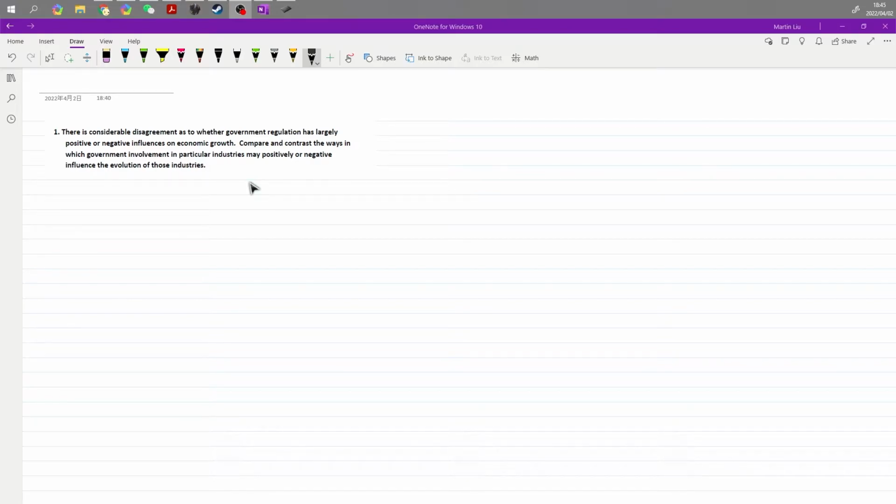Well, first of all, when you mention government regulation, you must understand the purpose of introducing the regulation at all. So the basic idea is that regulation